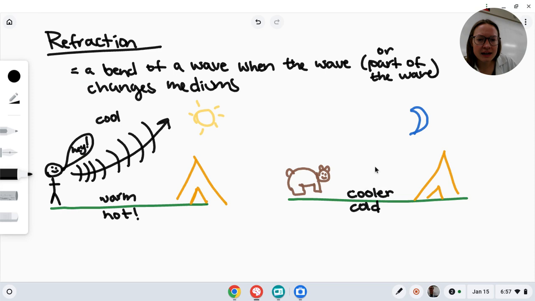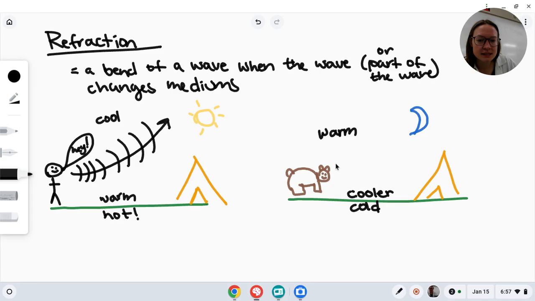This air up here is still warm because it hasn't quite cooled down as much as the ground has. The ground's now super cold. The air right above the ground is cooler because it's right next to the cold ground, and then the air up here is warm. Here's what happens. The little creature, call it what you want, begins to make some sounds. And when it makes some sounds, those sounds start to travel through the air.